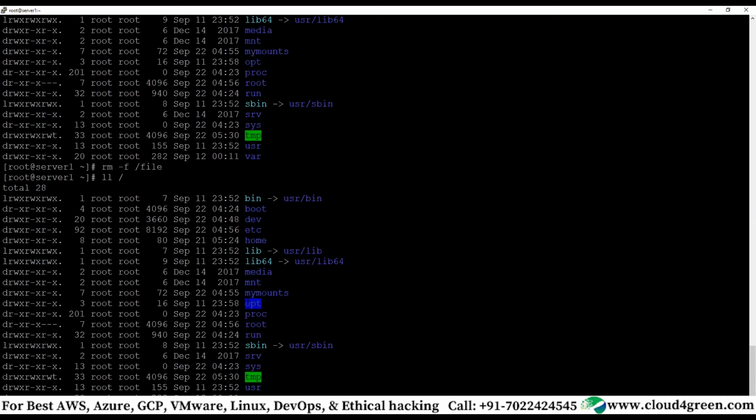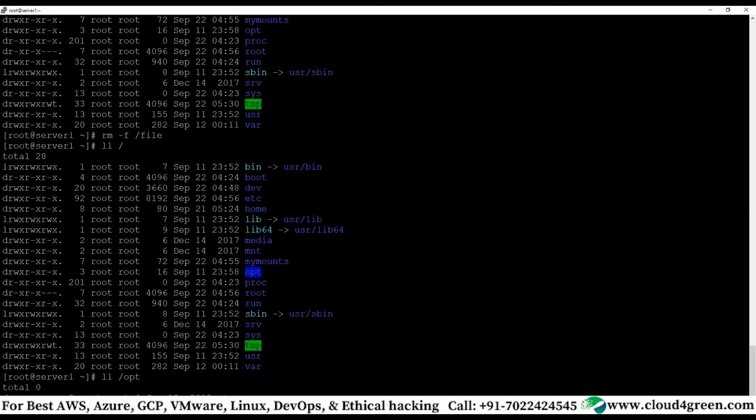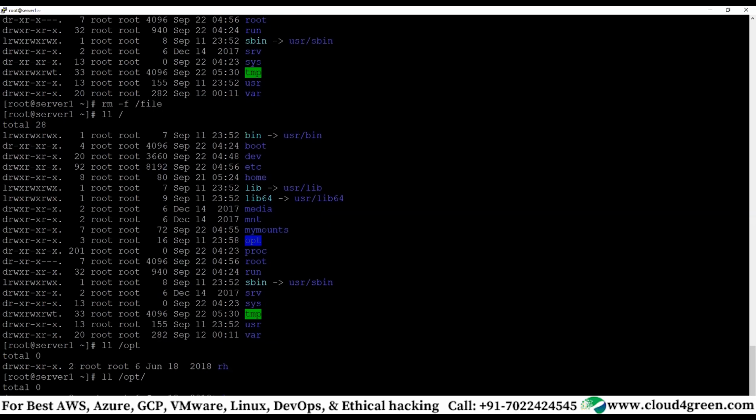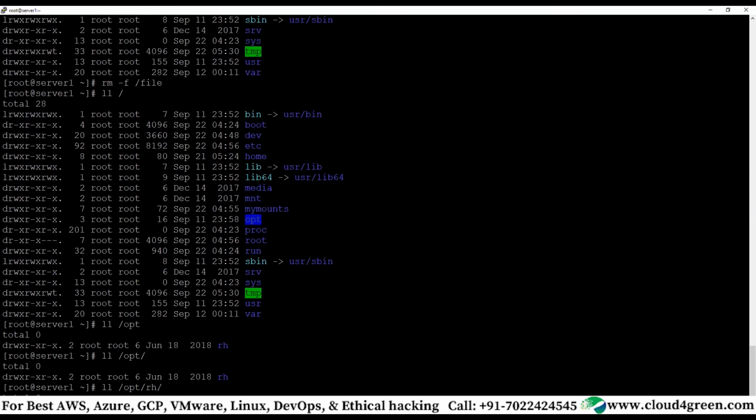opt. opt is basically for optional files. Like for example, I've told you about Apache software from community or open source or some other software.